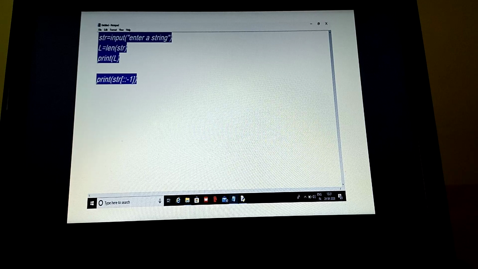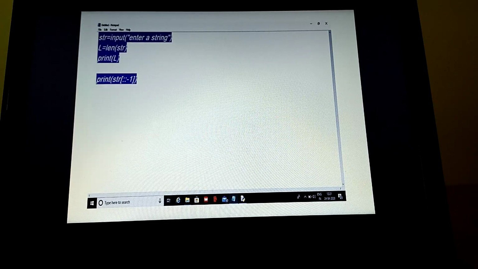Is equal to, I have written len(str). Len, what is len? Len is a function. What type of function? The work of the len function is to calculate the number of characters, spaces and digits present in a string. Now we have not written any programming for the len. From where will it come? Len is a system defined function. System defined function means that when the Python programming language was prepared, the len function was already written there. Means it is a built-in function.